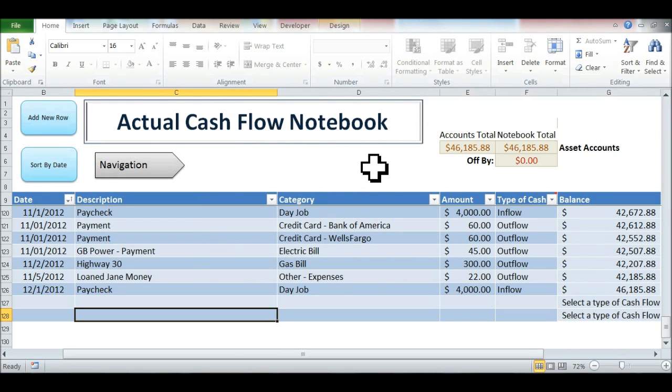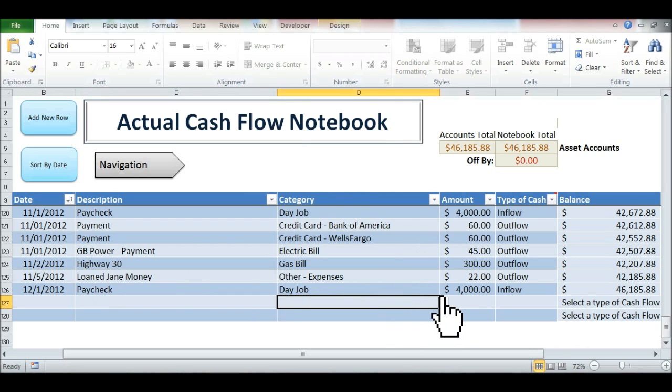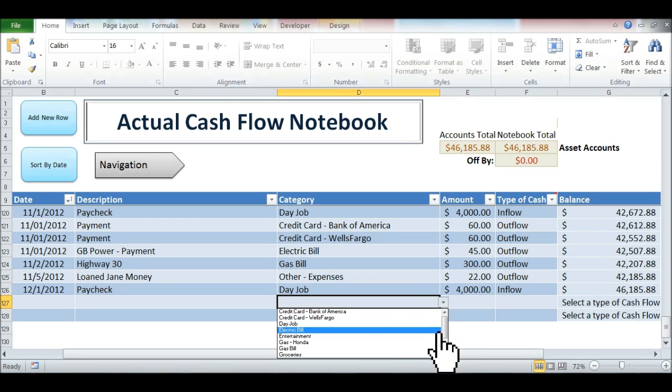The records is where you would list your actual cash flows. So you would type in the date that you have it, a description for it. In this case, for my day job, it's a paycheck, or in other expenses, I loaned Jane money. And then you can select a category. The category is created by you from your budgeted expenses and budget income list. So you can create as many categories as you want, and they would all update and be listed in the